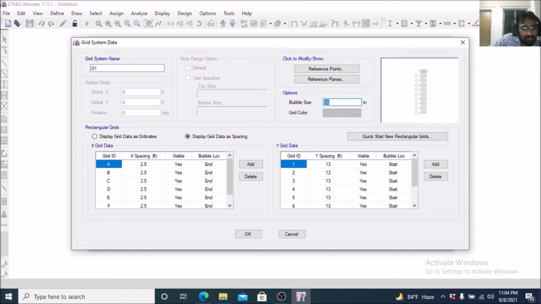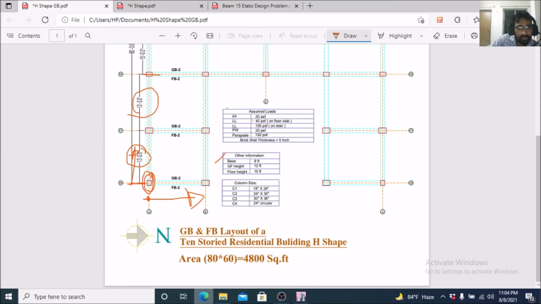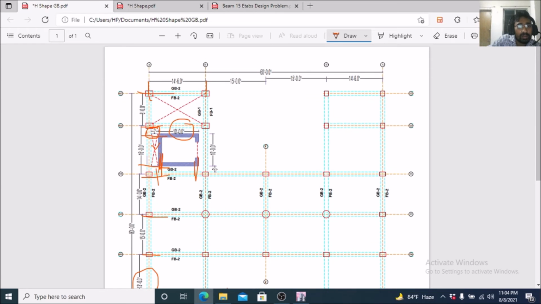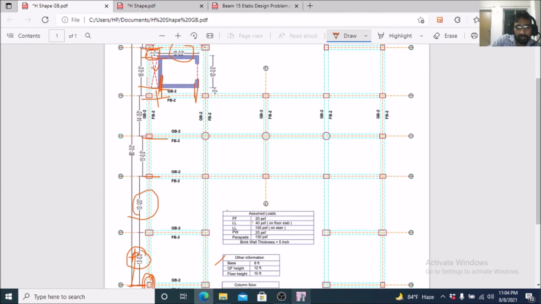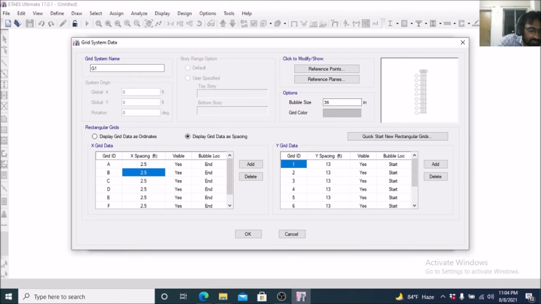So this time, if we want to input another spacing in x direction, we have to change this by clicking on this. First spacing was 2.5 feet, so second spacing will be 10 and third will be 2.5, which has already been assigned here.